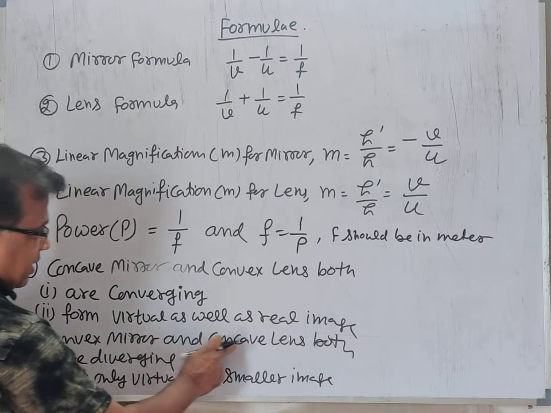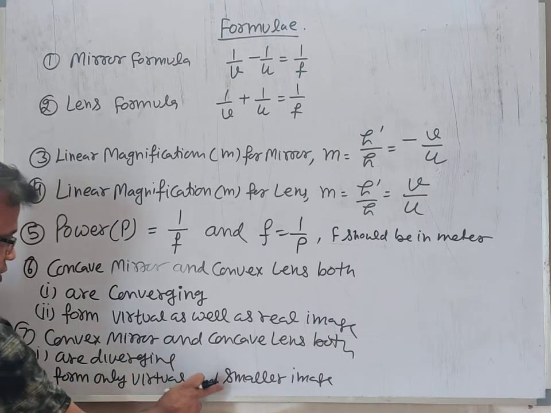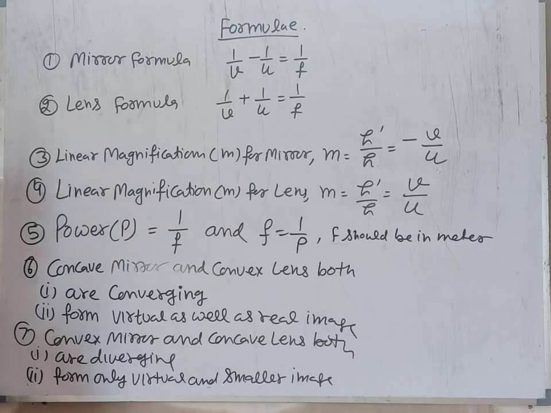Convex mirror and concave lens both are diverging, and they form only virtual and erect, smaller images. One more sign that I must tell you is